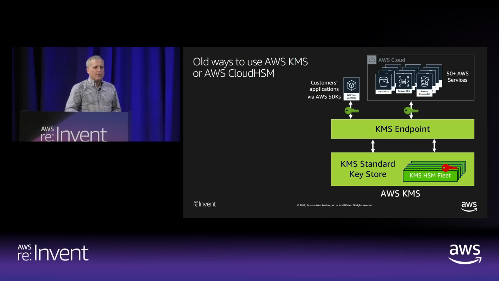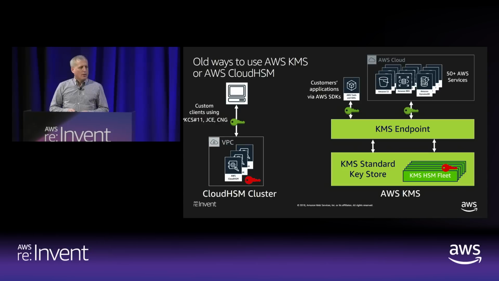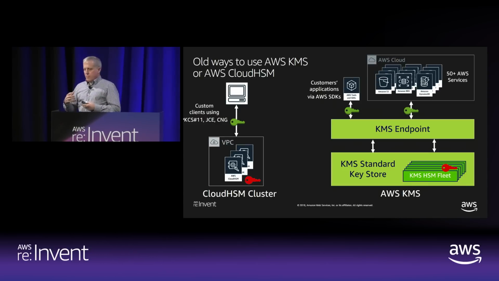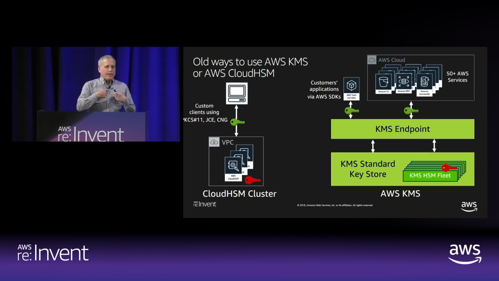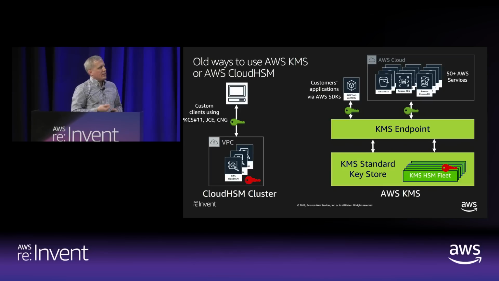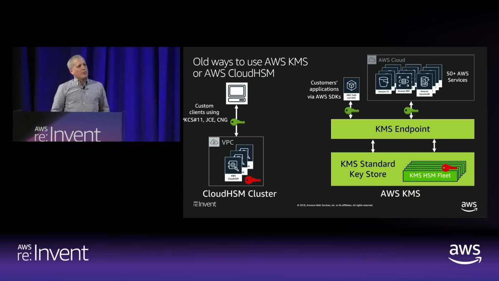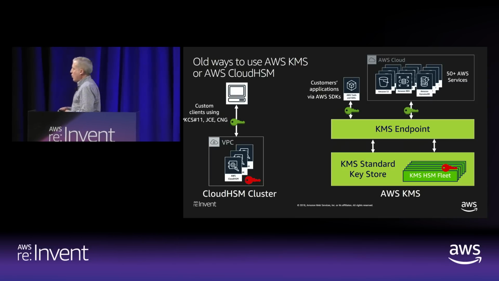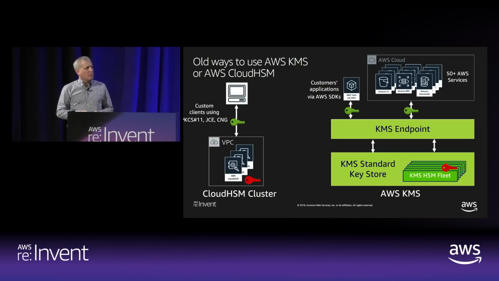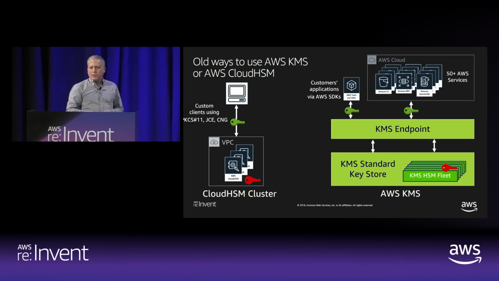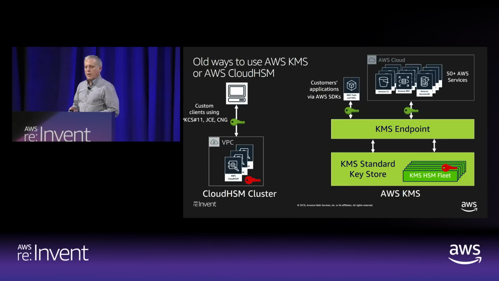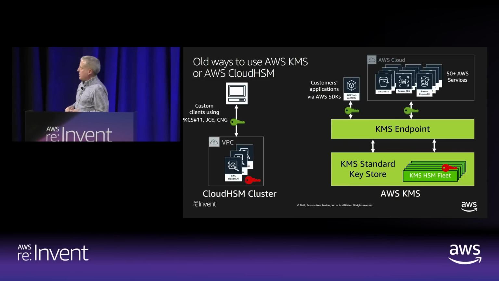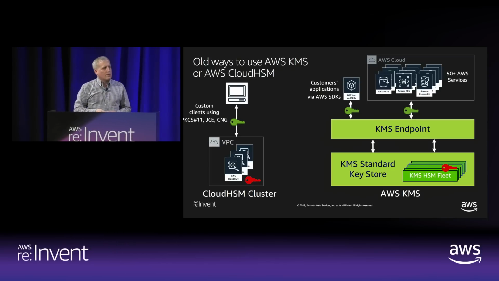If you were using Cloud HSM before Monday, you would again have some type of master key, a key encrypting key, created inside a Cloud HSM cluster, but now the interface to make use of that key is going to be limited to a set of cryptographic APIs. And if your application understands PKCS 11, that's great, right? If you're using something like Oracle Enterprise Edition with transparent data encryption, they've got a way to tie in to PKCS 11 and those interfaces. But you could not ask 50-plus AWS services to make use of that key inside the Cloud HSM cluster.